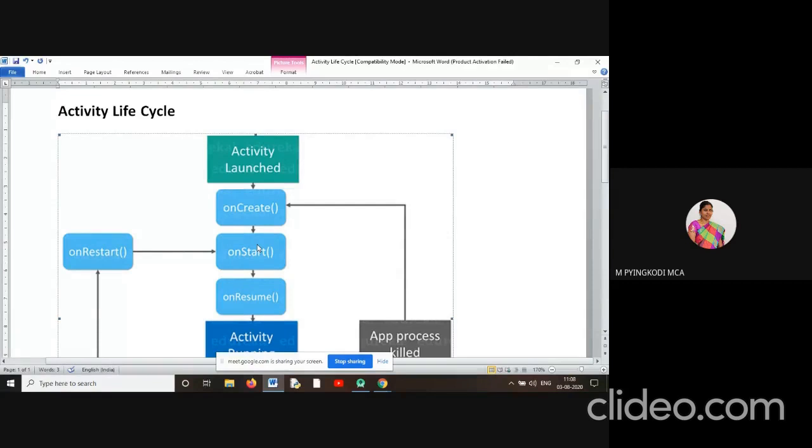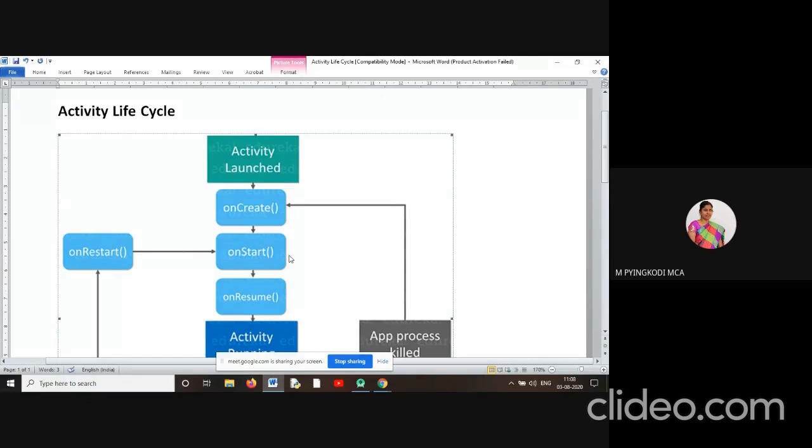The resources and methods to be called, the memory space, and the GUI components are initialized when the onStart method is called. After calling the onStart method, the screen is visible to the user.